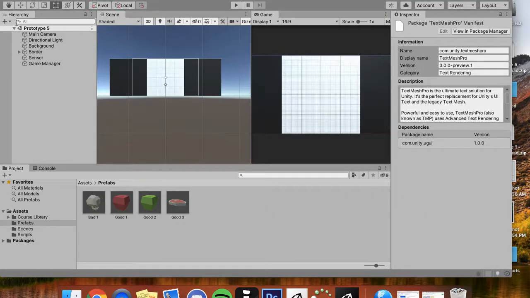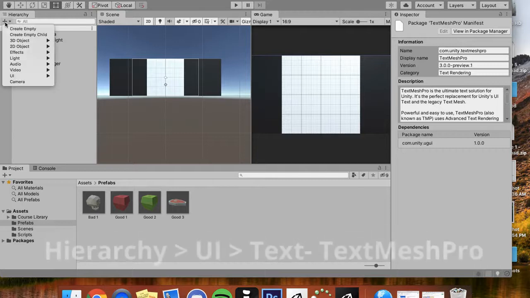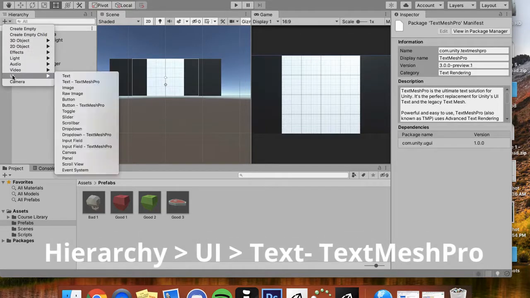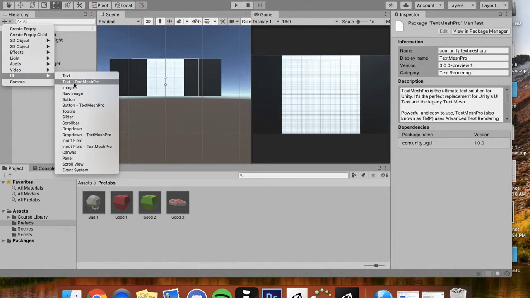So once you get that done, you're going to go over here to the hierarchy, and we're going to create down here in our UI, user interface, and we have a bunch of options. We can make buttons, we can make sliders, scroll bars, drop-down menus, input fields, so we can type in text and see, oh, did they say the right thing? We have a lot of options here. But you'll see that for our buttons, we have two options. Our drop-downs, we have two, our input fields, and our text. We're going to do a Text Mesh Pro